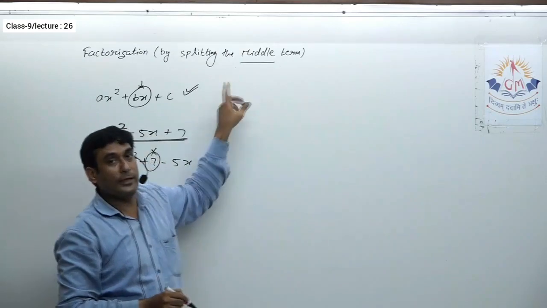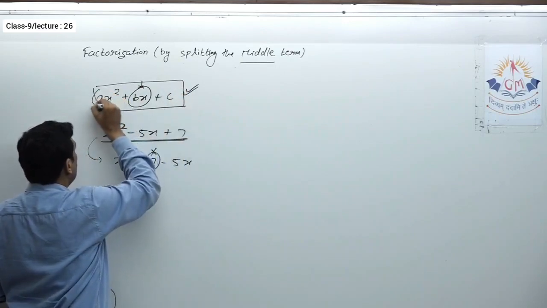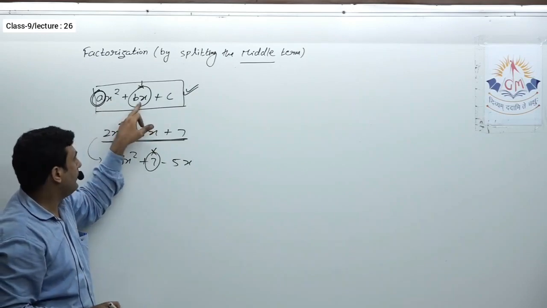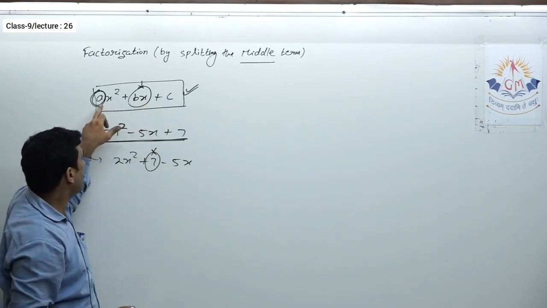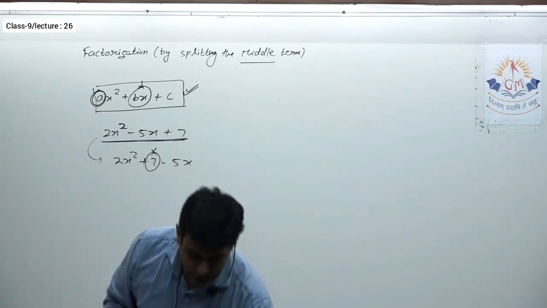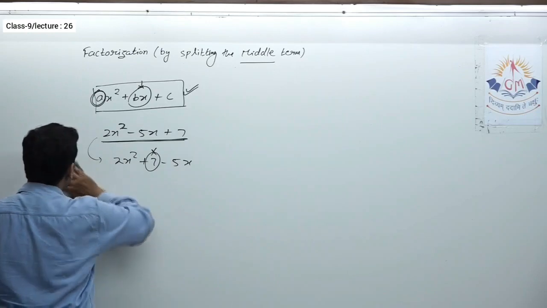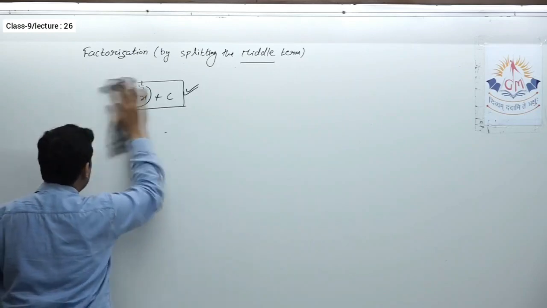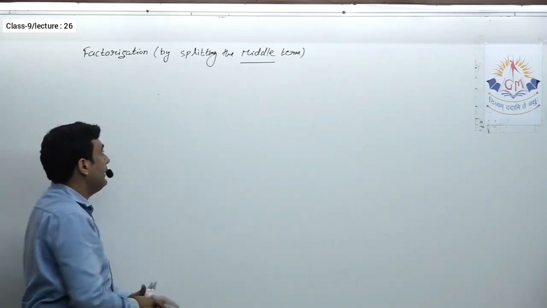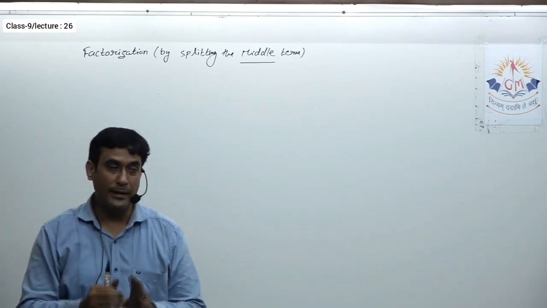So this method we can apply, but for that we have to take care of two things. First of all, the given expression should be in the standard form, and the coefficient of x square should be positive. Here a is the coefficient of x square, b is the coefficient of x, and this a, the first term's coefficient, must be positive. If these two things are there, then it is possible to factorize it by splitting the middle term. Now we'll see some examples of how we have to factorize this and what the meaning of splitting the middle term is. Splitting the middle term means we have to make two parts.